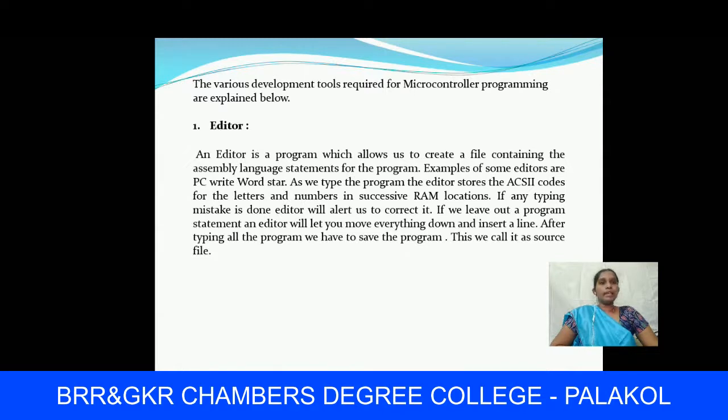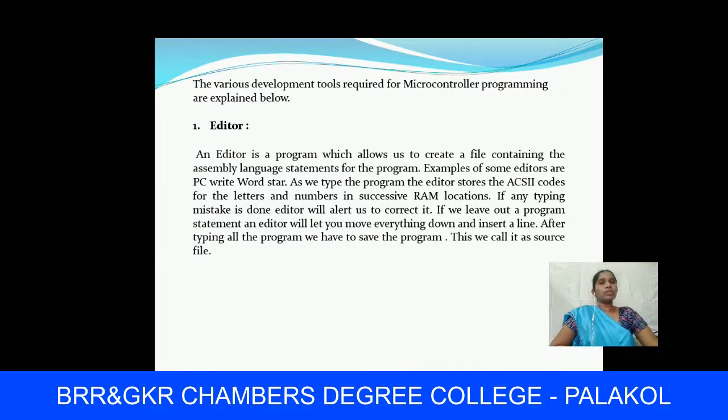Whenever we are writing a program and there are typing mistakes, the editor will help correct them and insert the fixes. That's why this file is called a source file.